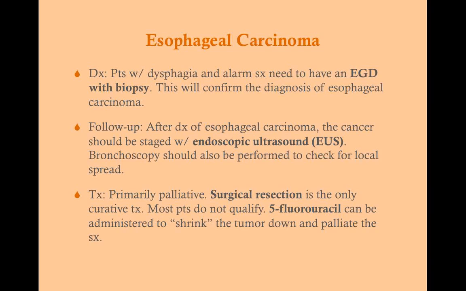cancer is. We also need to get a CT because we want to look for abdominal metastases. And then a bronchoscopy will also be useful to check for local spread. Remember that the esophagus and the trachea, the respiratory tract, are not that far apart. And all esophageal carcinomas spread locally. So we have to keep an eye on that. So we're going to get an endoscopic ultrasound, a CT, and a bronchoscopy on any patient where we've made esophageal